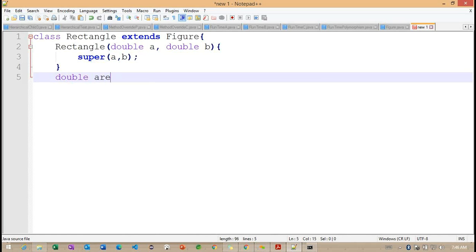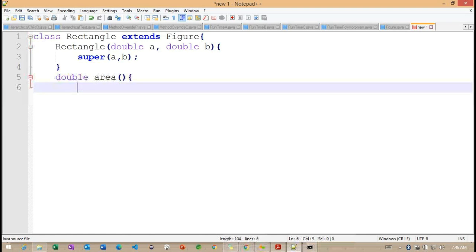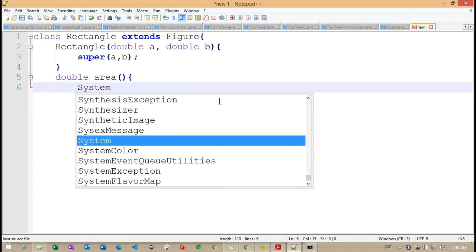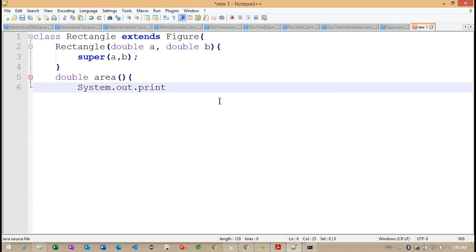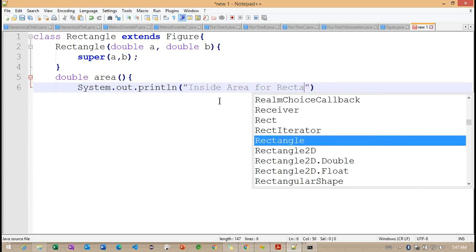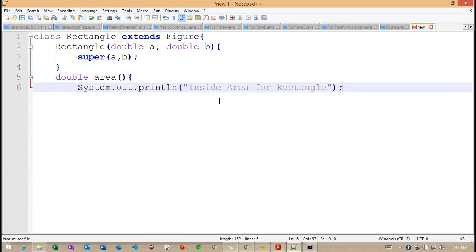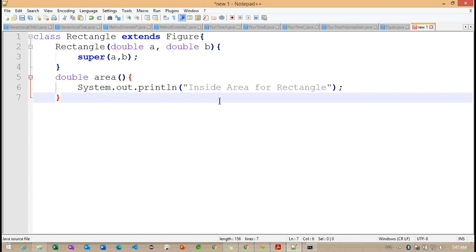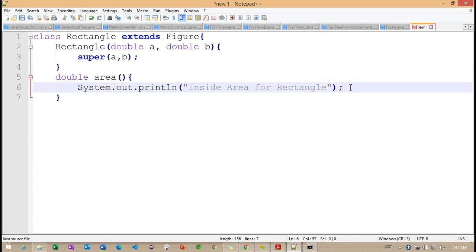Now the same method I'm defining, System.out.println, this is the rectangle class, inside rectangle here. And now I want to work with the variables here.